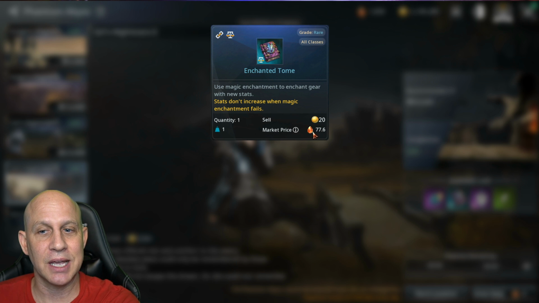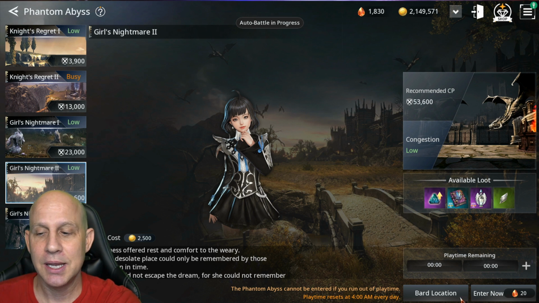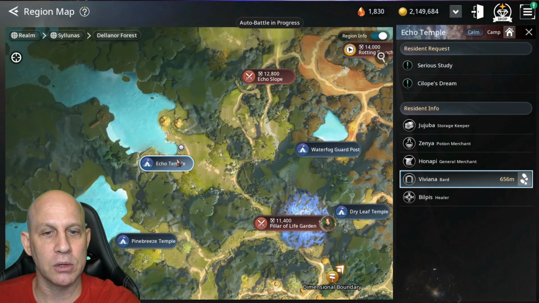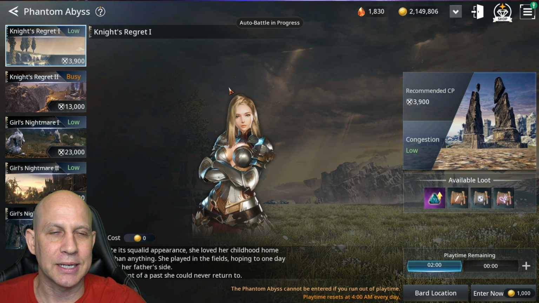But you can see that if you want to get gems, these are selling in the market for 77 gems. So if you're free to play, obviously you can get there. The biggest thing is this entry fee. To enter for 20 gems, you don't need to do that. All you have to do is go to the Bard location wherever you're at, run over to it, and you get to go in for free, for coin, like 20,000 coin or 3,000 or whatever it is,